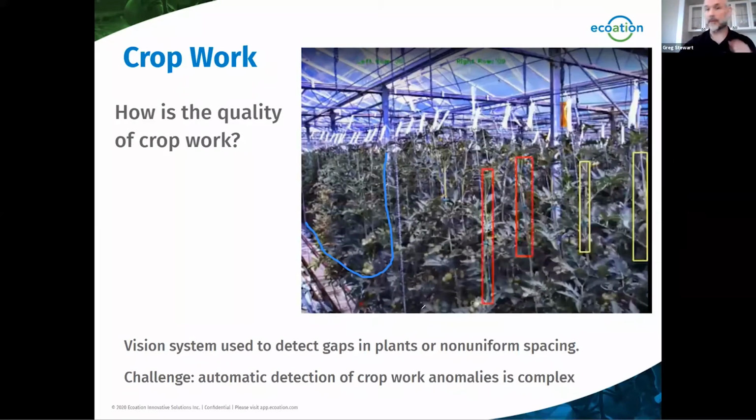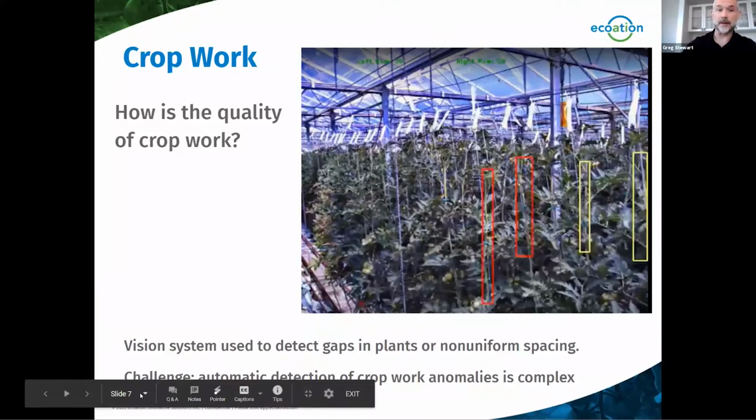So the next thing that we're doing is using a vision system, get rid of my drawings here, to detect where the stems are in the picture. And I don't know how good the quality is here. I swear it's better on the camera itself, but we're able to detect where these stems are. And what we want to be able to do is to find anomalies in this. Did the density of the stems get too high? Are they packed too close together? In which case they'll be shielding each plant from one another and the photosynthesis will be compromised. So this can start to contribute also to understanding what's going on in the crop.